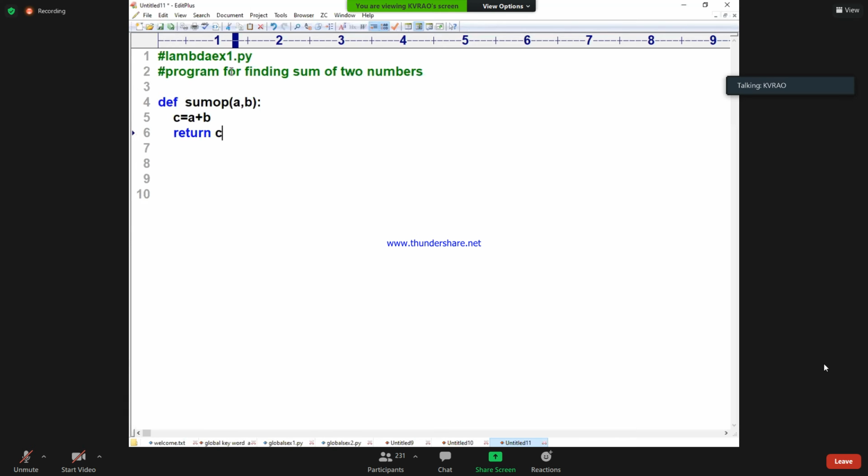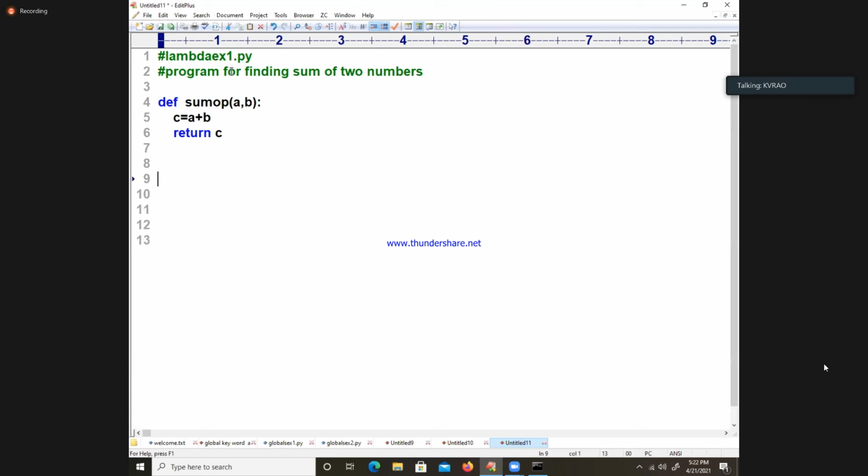Function is there. Main program: result 1 is equal to sum op, passing the values 10, 20.